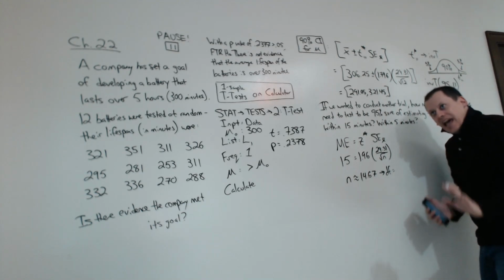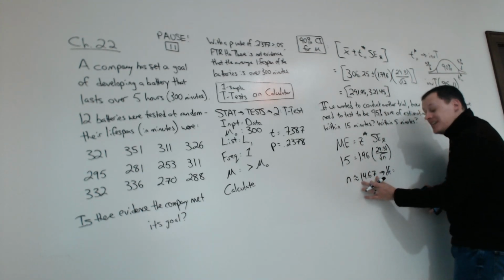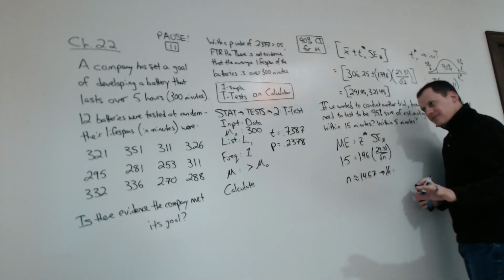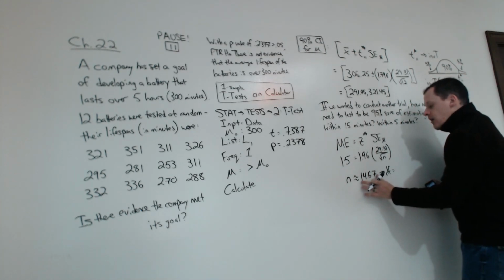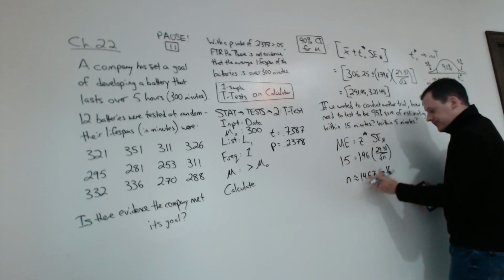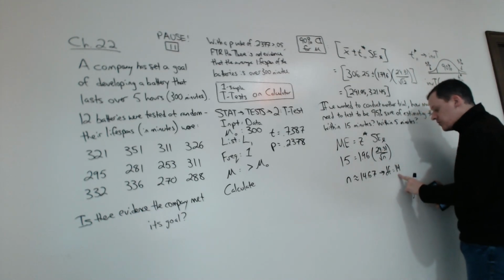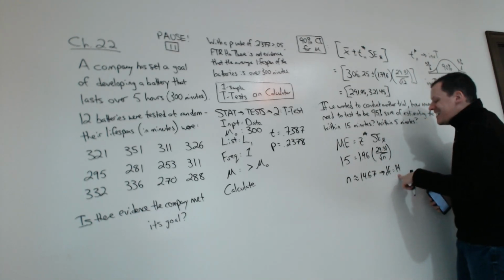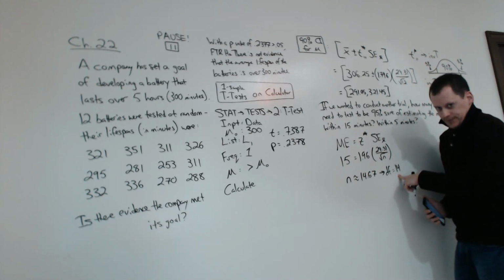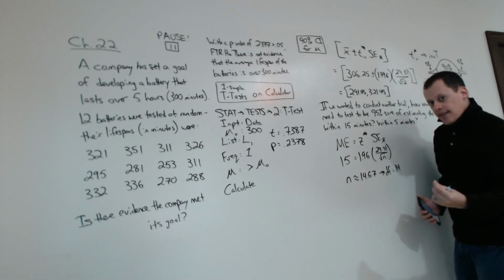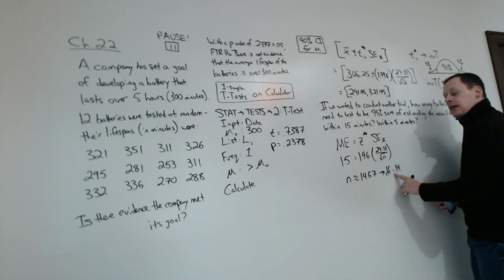And technically, degrees of freedom could be a decimal. You'll talk about that in a future stats course if you take them. Okay? We're going to round this number down. We're going to assume that we have 14 degrees of freedom. Is it that big a deal if we make it 15? Not really. But if you want to do it correctly, which is what I'd recommend, you got 14 degrees of